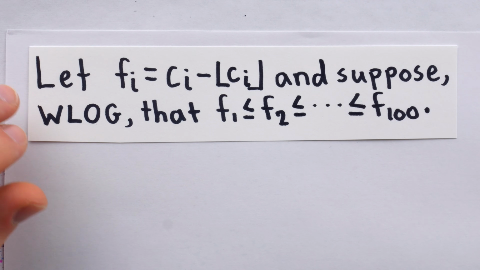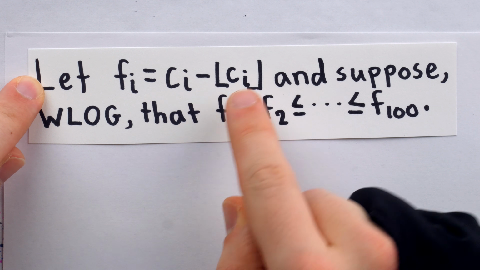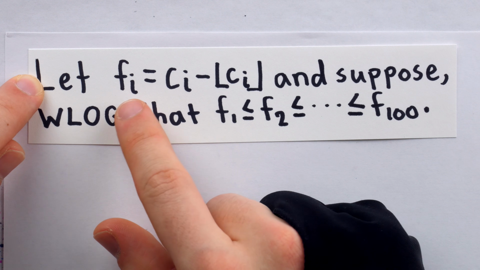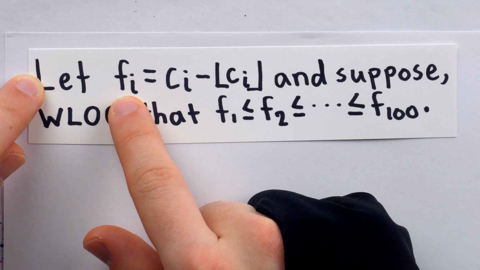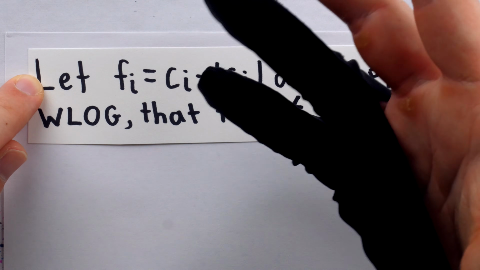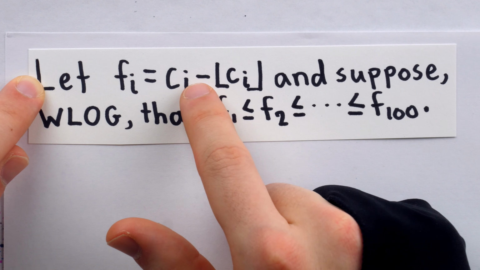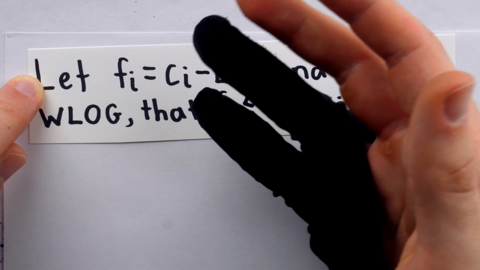To this end, we need some new notation. We'll say let Fi equal Ci minus Ci rounded down. This means that Fi is the fractional part of the capacity of the bowl of Pokemon i. If the capacity is 2.4, for example, then Ci is 2.4, and this is subtracting 2, leaving just that 0.4,